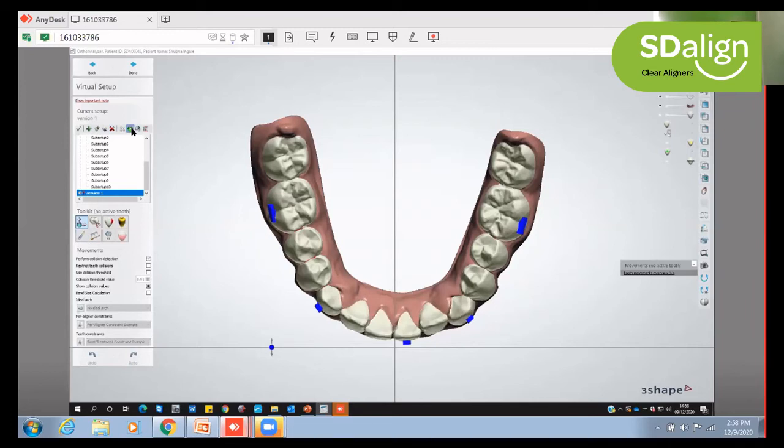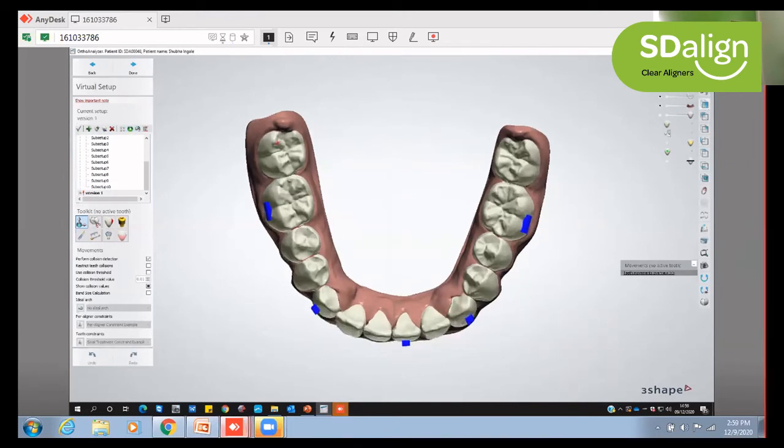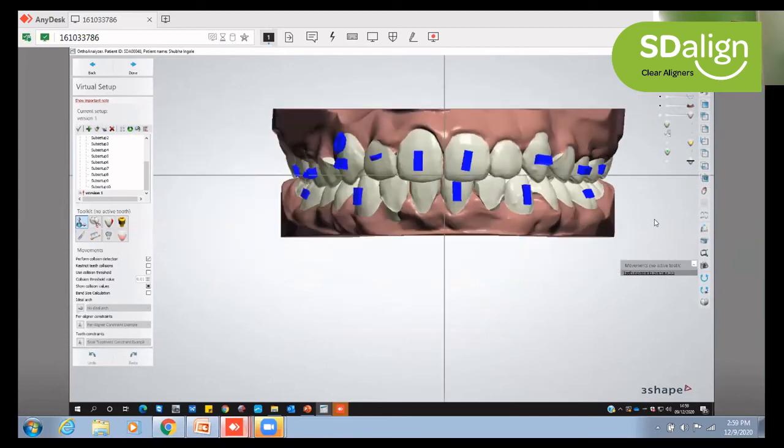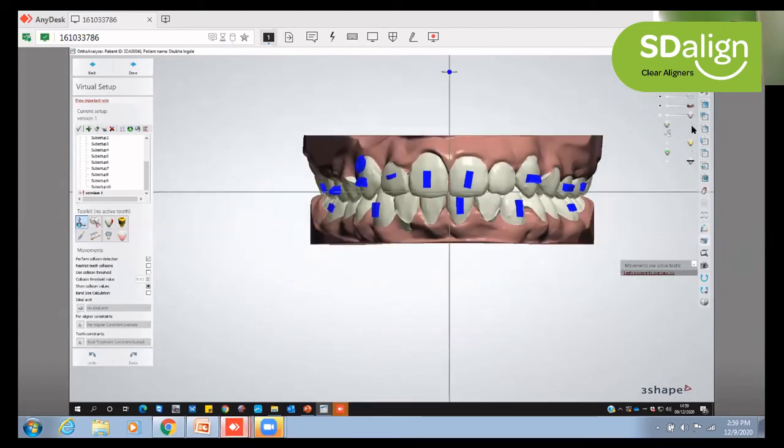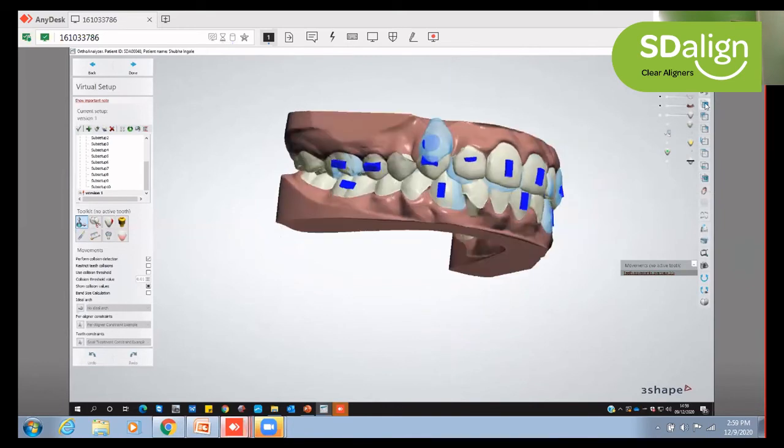So in orthodontic terms, we have first expanded the arch, coordinated the arch form, extruded the canine, and established torque correction, as we will do with all our orthodontic cases. So what we also share with all of our practitioners is a variety of views. So we share the frontal view, the left view. So this is how we share all the views pre and post correction.